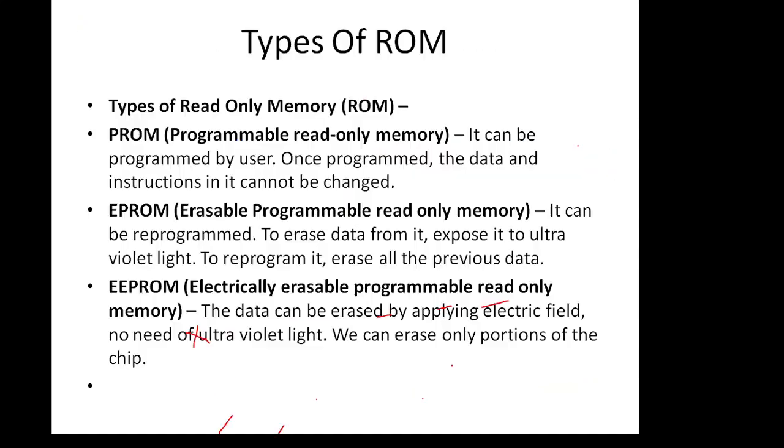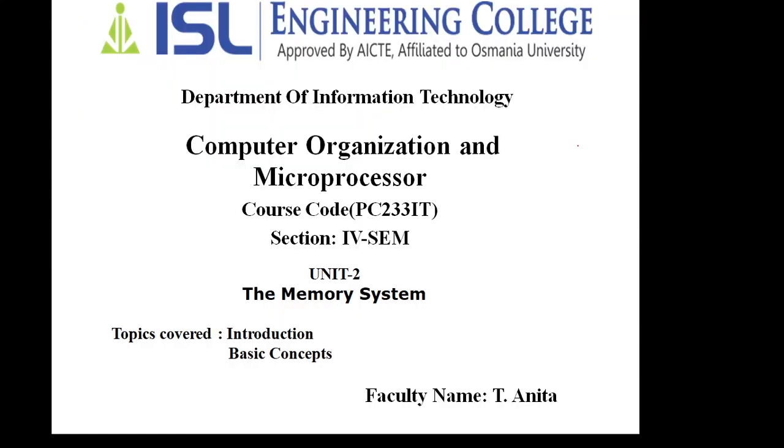So this is how we have different types of memories, their accessing speeds, their cost, their size, and the different classifications of memories. Everything we have seen in the introductory part and basic concepts of the memory system. So this is how the memory is organized. We can say memory is the brain of the computer. Without the memory we can't store the data and the instructions, and without storing we can't perform anything on the stored data. That is the reason the memory plays a vital role in the computer system.